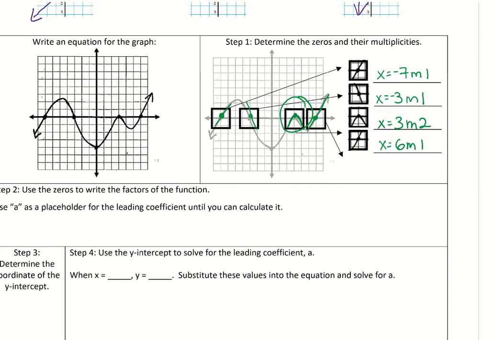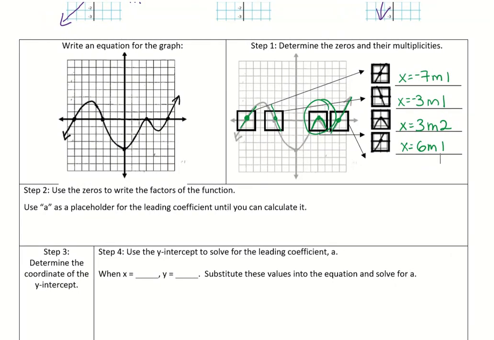So what are we going to do with those factors? Well, we can use these factors to write an equation. We're going to say y equals x plus 7, because that's the factor that goes with -7. And since there's a multiplicity of 1, you can put a 1 right there, but you typically won't see it, so I'm not going to either. Then the next factor is x plus 3. The next factor is x minus 3, but this time because the multiplicity is 2, we're going to raise it to the second power. And then finally,